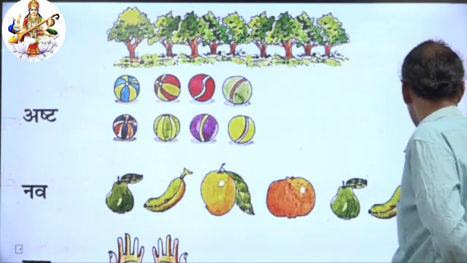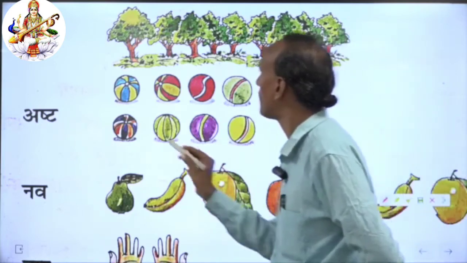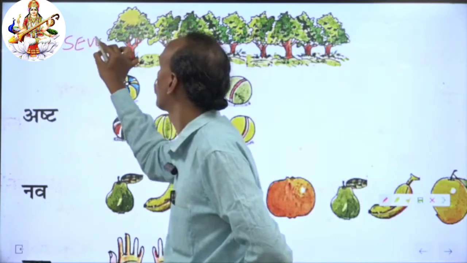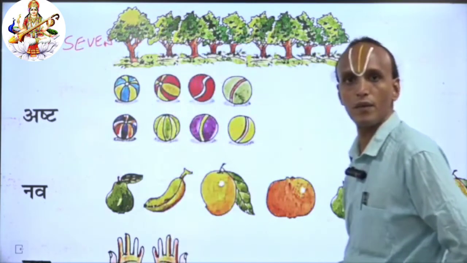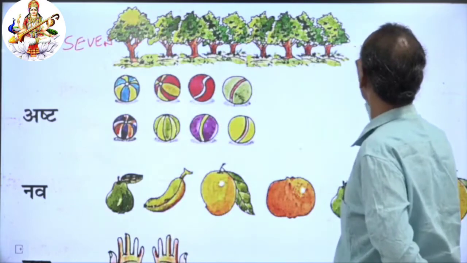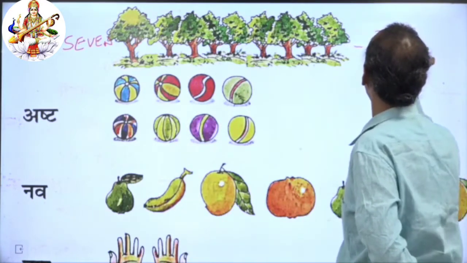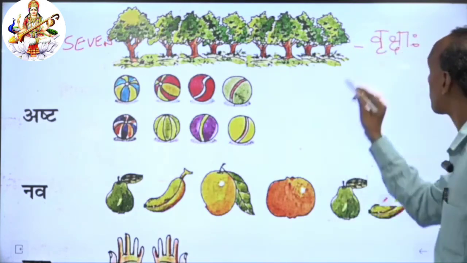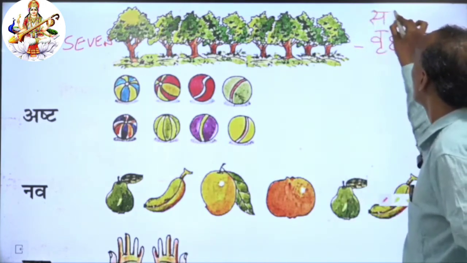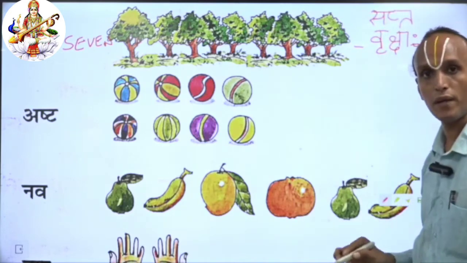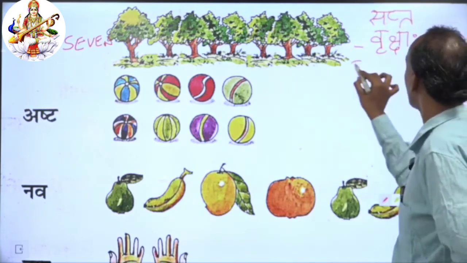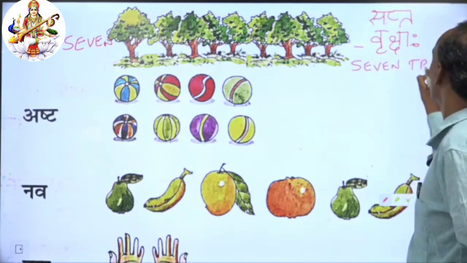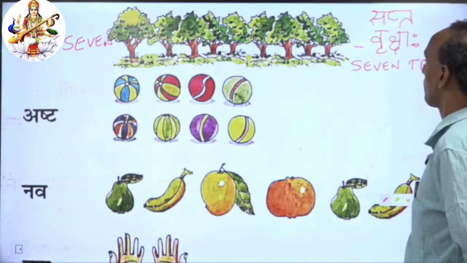Okay, children. See here. I will write. Sapta means 7. Okay. Trees means vrikshaha. Okay. Sapta vrikshaha. Sapta vrikshaha means 7 trees. Okay. Then